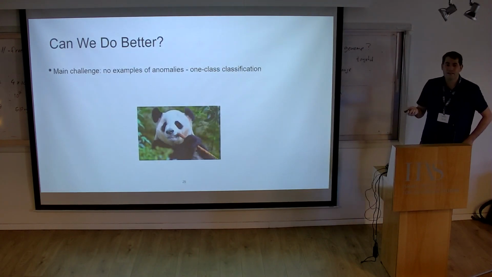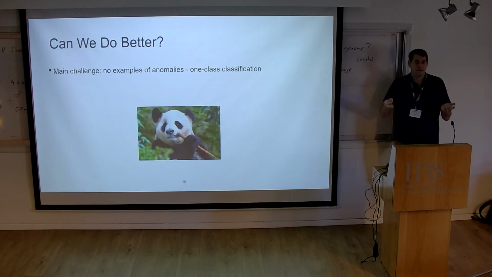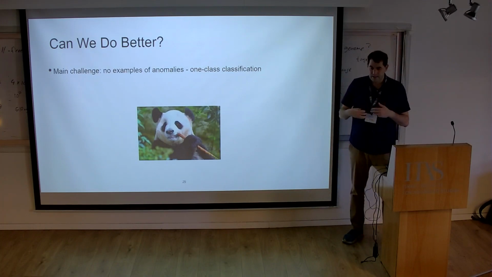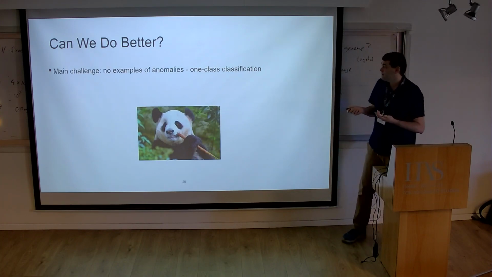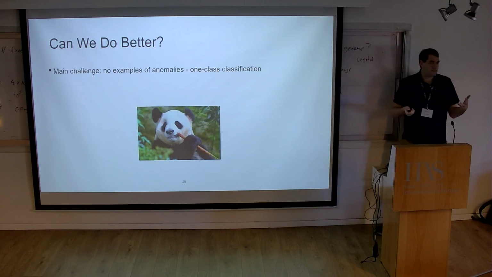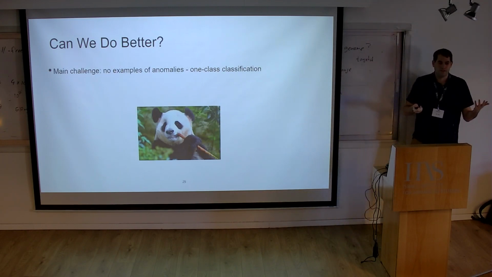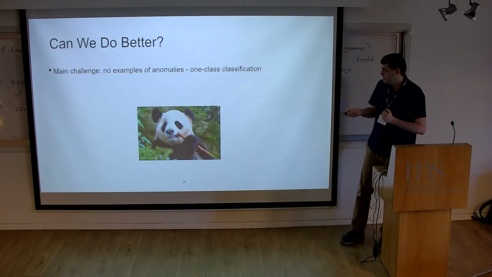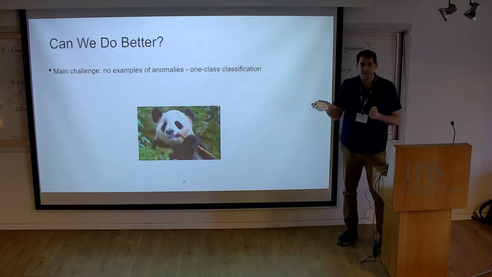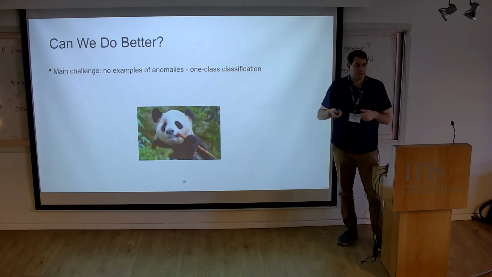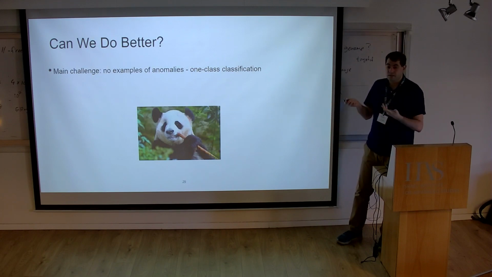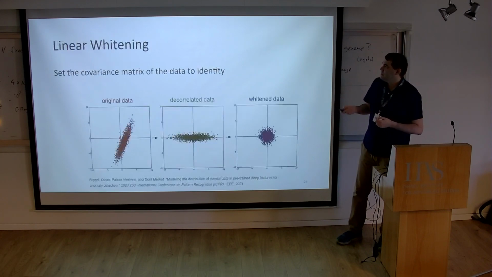Okay, but now we can ask, can we do better? So I told you we can take images, we can use the pre-trained features, and just get a very strong baseline. But maybe we also can use our data set that contains maybe 1,000 or 10,000 images to fine-tune our metric to better describe the normal data. I also included in the Colab links to more complicated methods that give better results, but there is a very simple method which gives very good results and even sometimes the state of the art, which is a linear